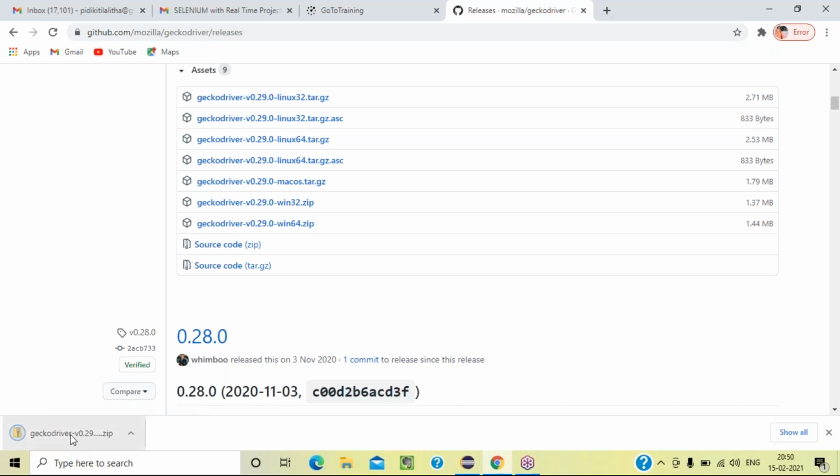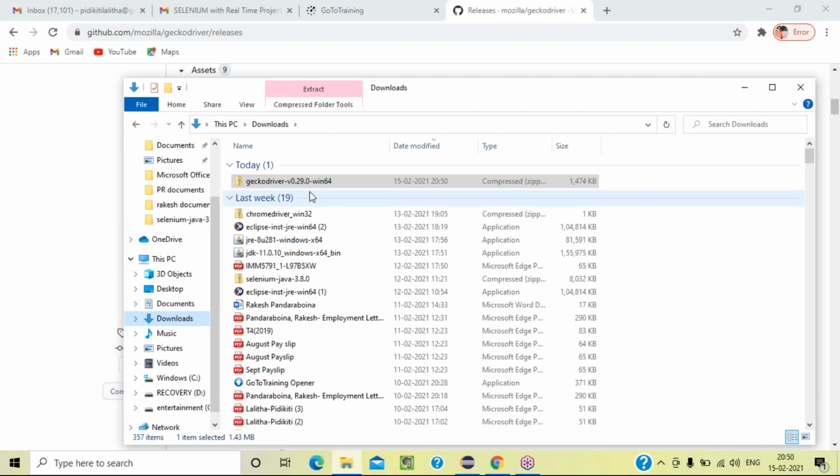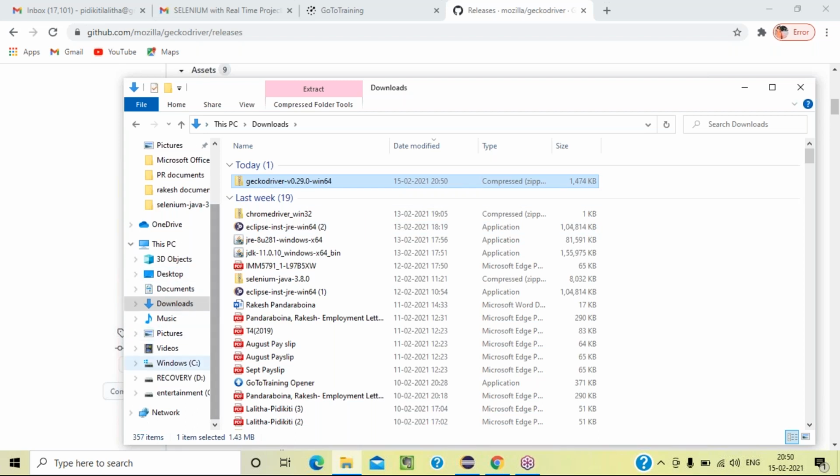And folder structure is also very, very important, guys. Please do not keep everything in one area. Go to the downloads. It comes in zip format, and this zip format you cannot use directly. Copy this one and keep it somewhere, or you can cut it. Right click, select that folder, Gcode driver 0.26.